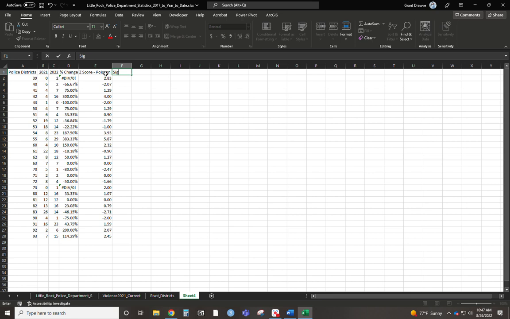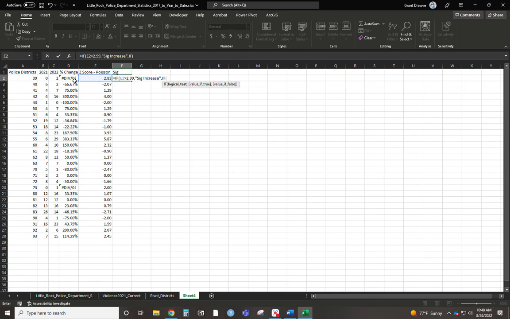So I'm just going to put sig for significance at the top. This we're going to use an if statement, and we're going to have one inside of the other. So we're going to have if our value of our z-score here is greater than 2.99, so we're using that 3, so we're 99% confident that there is a significant change here. And then close that off. I'm going to say significant increase, close it off. And instead of doing the false point here, I just want to put another if